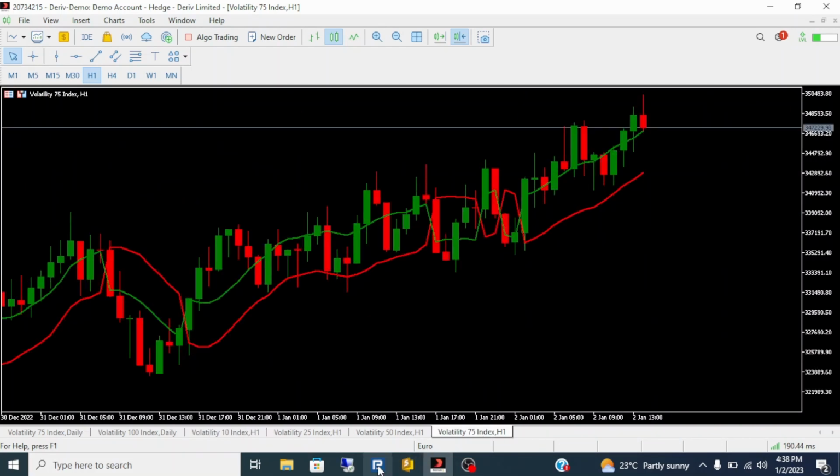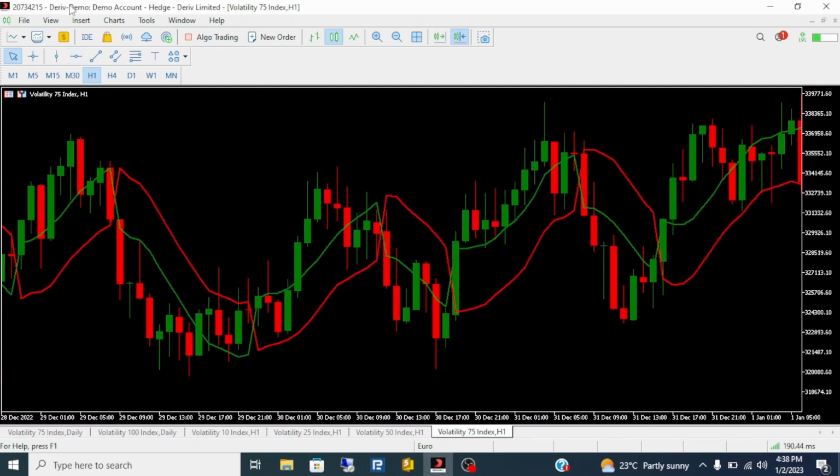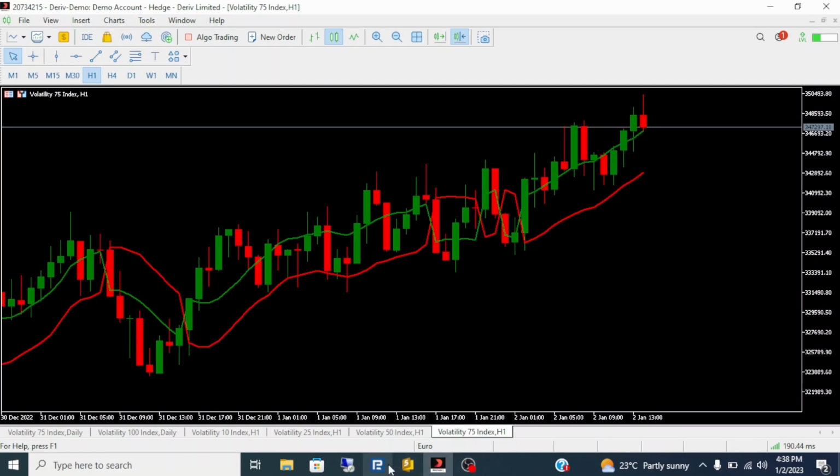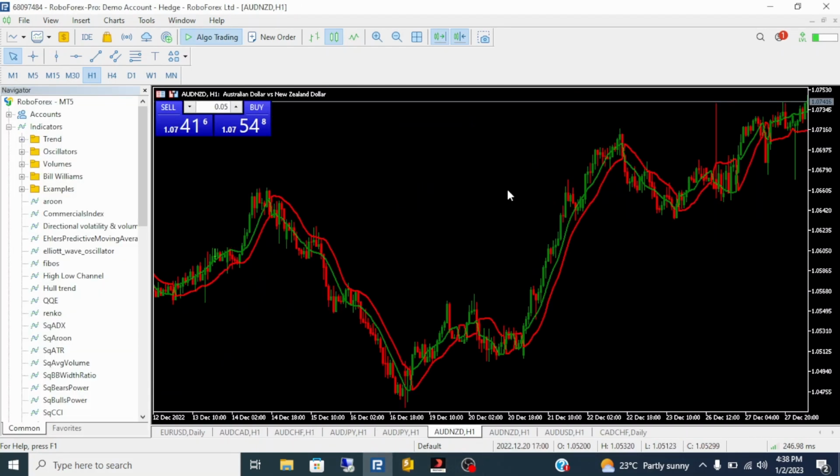Okay, let's see a different market. These were derivatives from deriv.com. Yeah, man. I like them because they're volatile and they're easy. They're way easier than the forex market, right? Looking at the forex market,